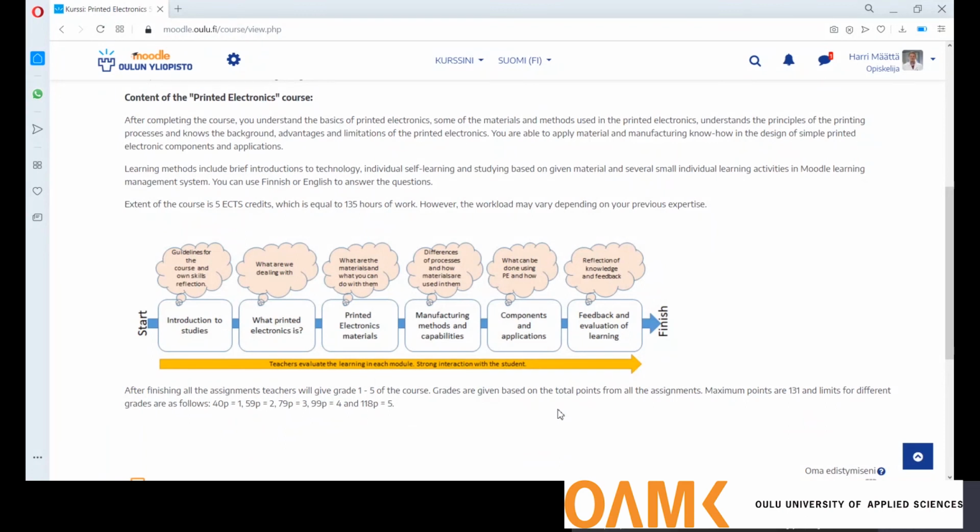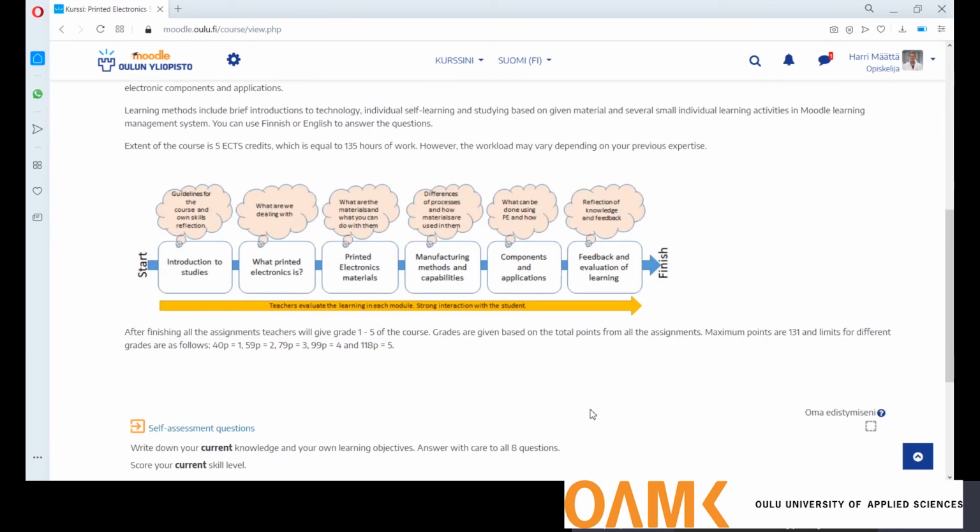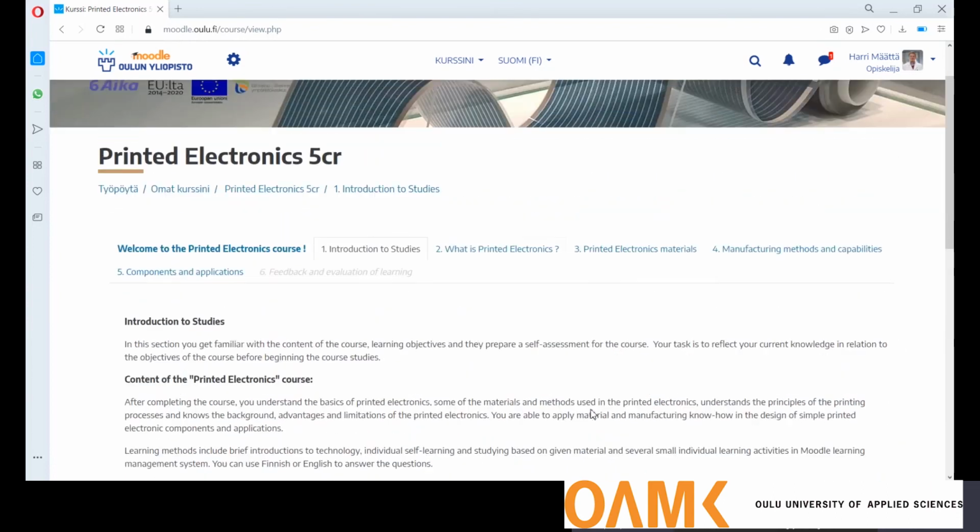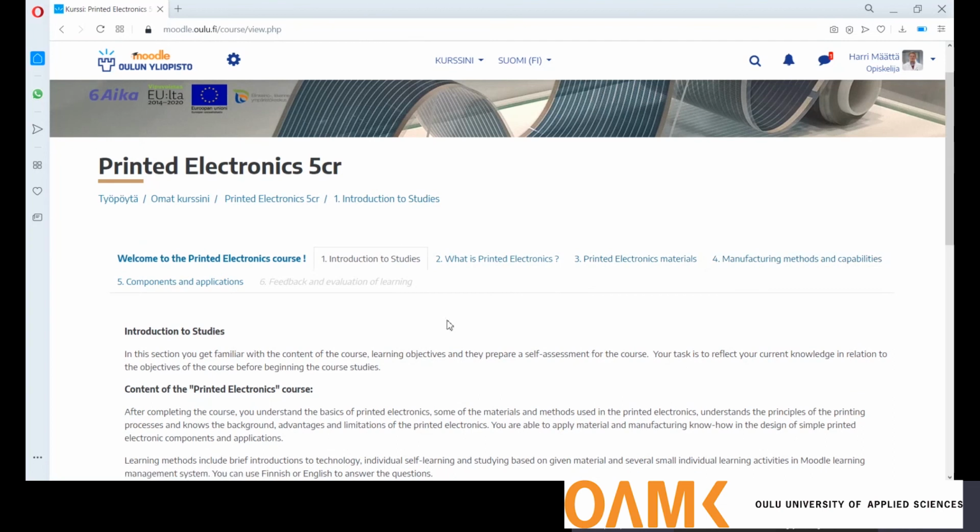This is a 5 credits course, so that is approximately 135 hours of work, depending, of course, on your previous knowledge and expertise. You have to note that there might be several assignments in each section, so you just have to be careful when going through this platform, so that you will search and find all the assignments that are there for you.